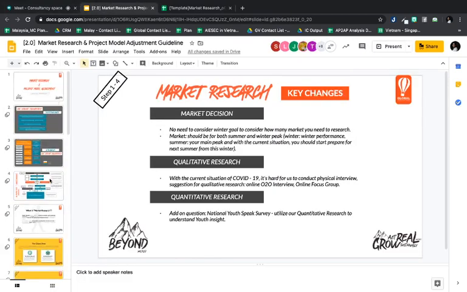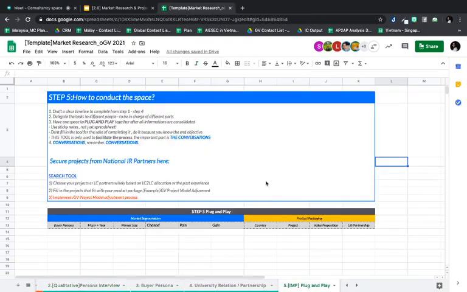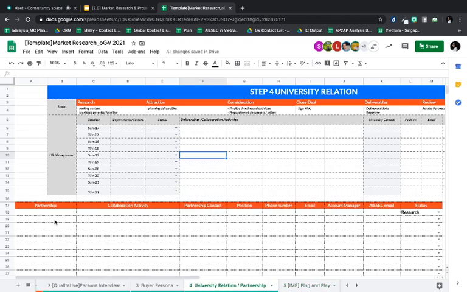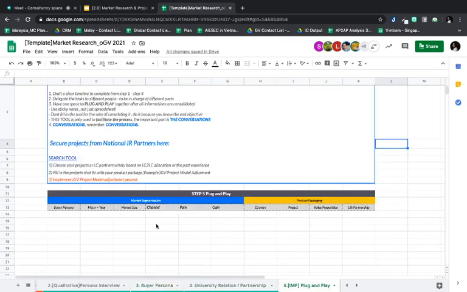So this is regarding the partnership, and after that we have the whole thing regarding plug and play and also the product packaging, okay. This one is a bit complicated, but if you identify this one, it's really easy for you to identify the later ones, and this is the core thing of market research as well. Basically the market segmentation is what you identify in the buyer persona, and then you need to map this picture with the product packaging, which has country, project, value proposition, and also the UR partnership that you should offer for the EP as well.